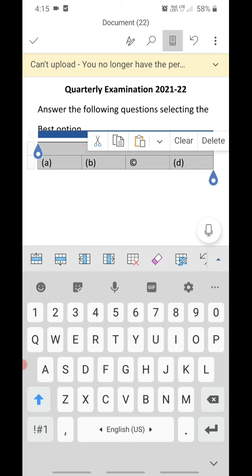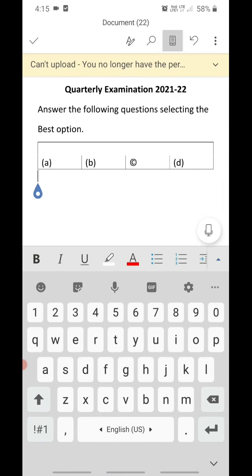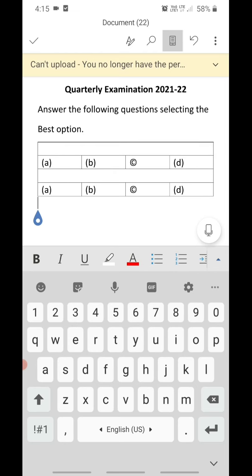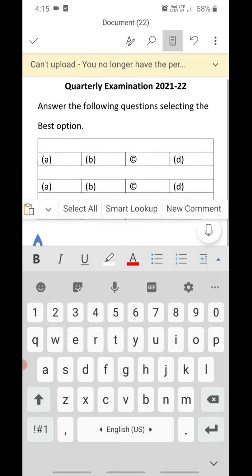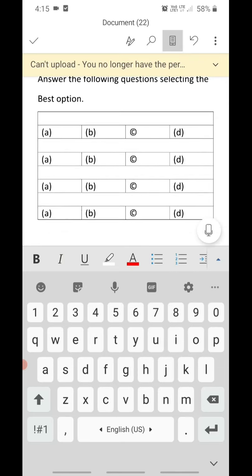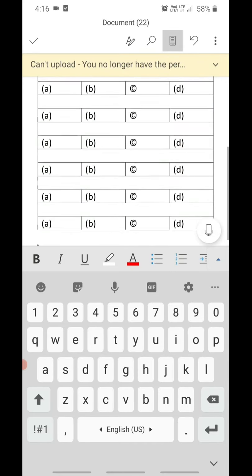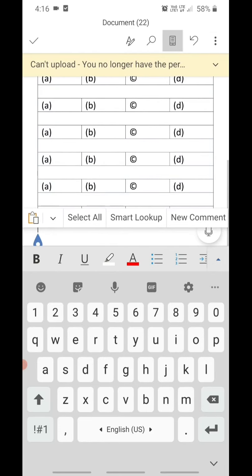Okay, the second one is copy, then I'm pressing the enter key, tap your finger, press it, paste. Like this, however many questions you have, that many times you paste. Fine, so I am doing it for 10 questions.